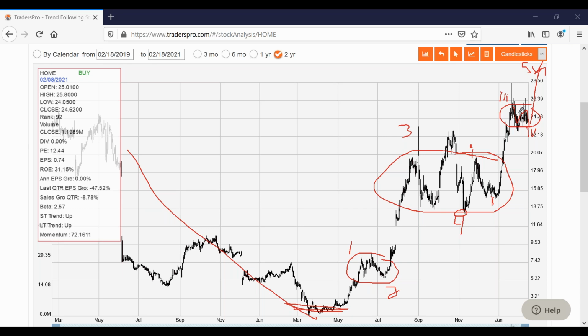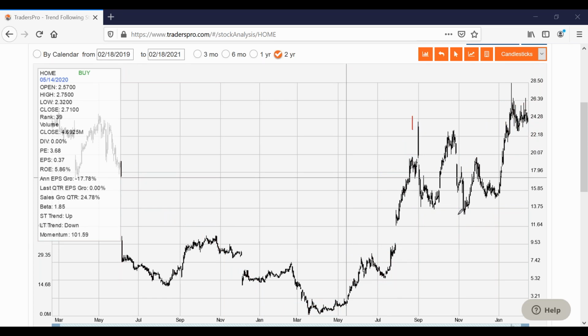Now, what's another possible wave count? Well, because this was such a small correction, this was such a bigger one, could it be that this is a wave 1 and this is wave 2, and we're just starting this trend? This is wave 3, this is wave 4, and then we'll get wave 5, and that'll complete that larger wave 3. And this trend has a lot further to go. Well, this is why we have the wave rules. If that's the case, then a couple problems here.